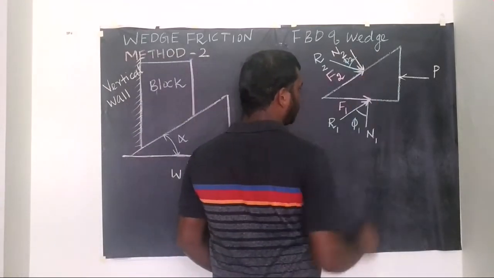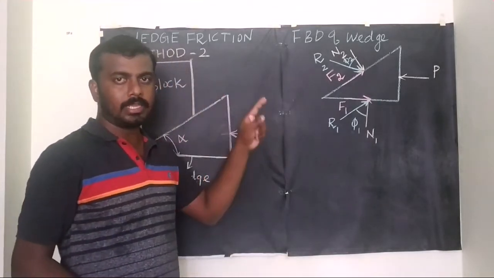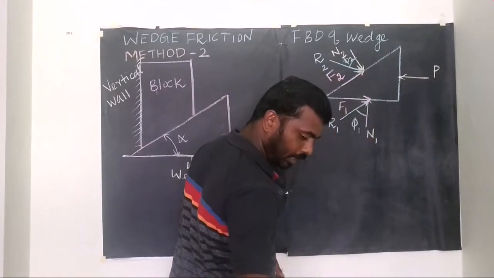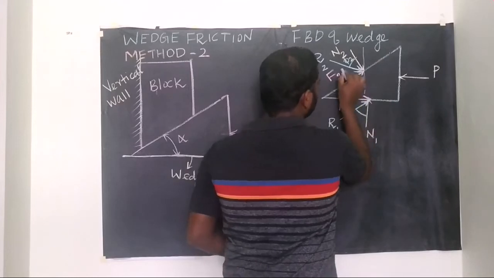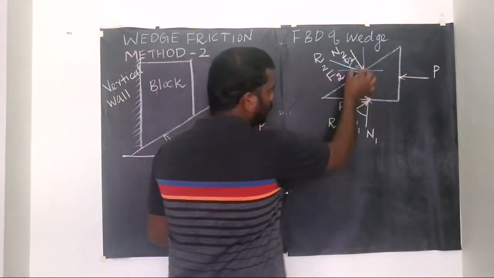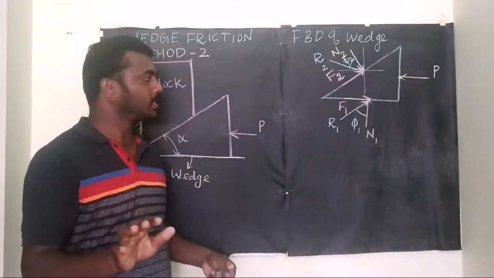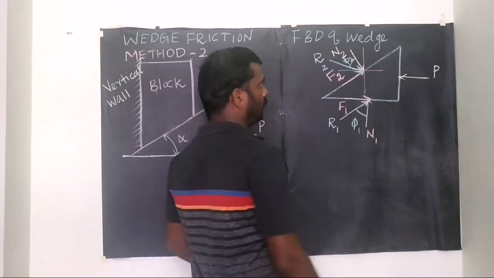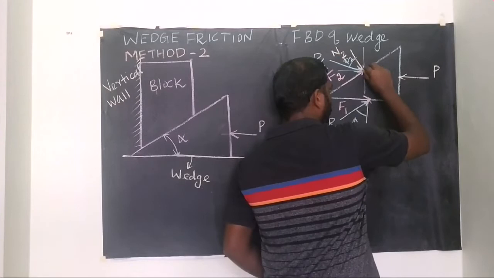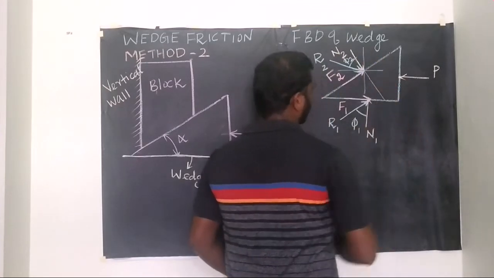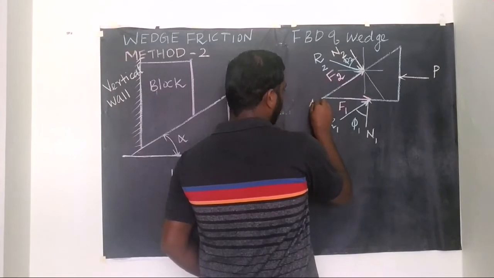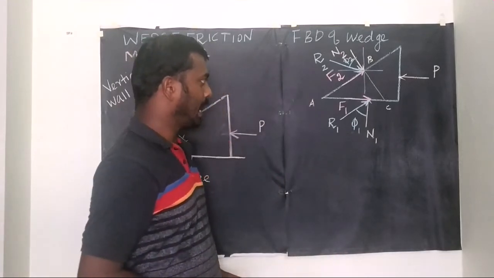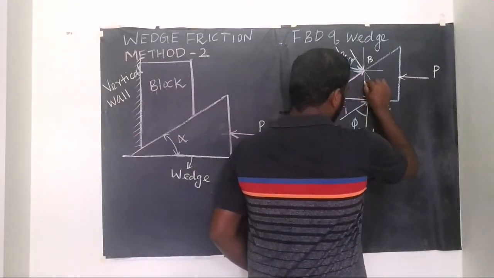Now at this point I am going to draw some reference x and y lines. Then I need this angle. For that I am going to construct a triangle. Before that, I am going to extend the line of action of this normal reaction force N2 in this direction. Then name this point capital A, this point capital B, this point capital C. Then based on the triangle I am going to calculate this angle.